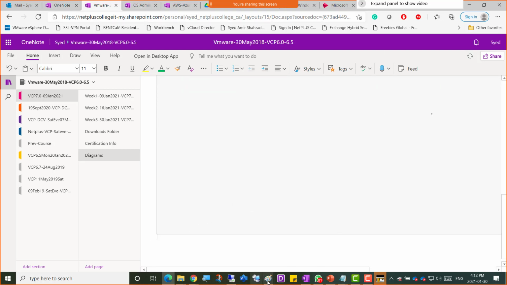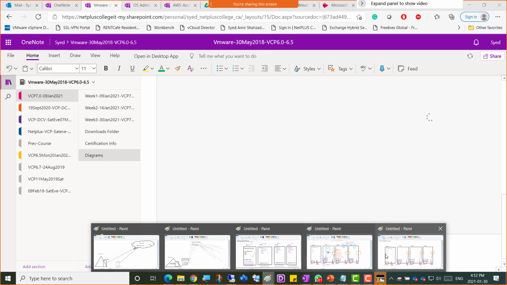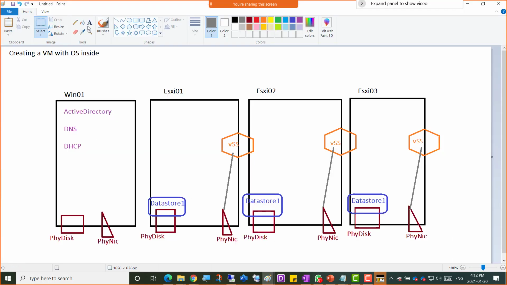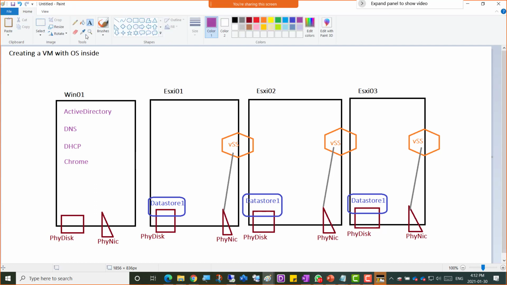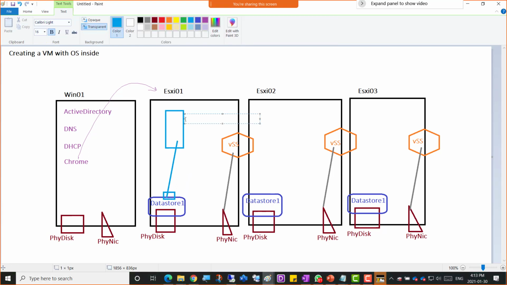Okay, so let's continue, and now quickly we go to the first lab. Well, it's all lab, continuous lab. So from Chrome, we're connecting to this. So we're going to be creating a virtual machine here, and that would obviously be a local virtual machine, so its virtual disk will be residing here. We haven't yet configured the SAN. We will be, but for now we're going to create a virtual machine here. But how do we get that